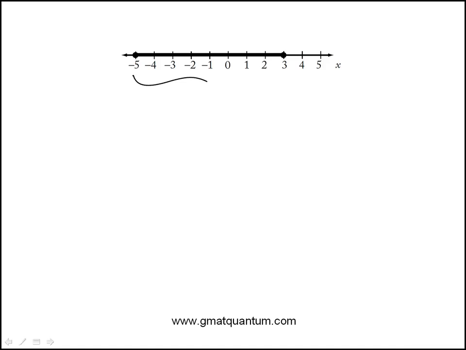Here we're shown this shaded part of the number line that represents a set of values that x satisfies. It falls between -5 and 3 inclusive. So essentially this is greater than or equal to -5 and less than or equal to 3. And they're asking, of the answer choices which are written in absolute value form, which one of the following is